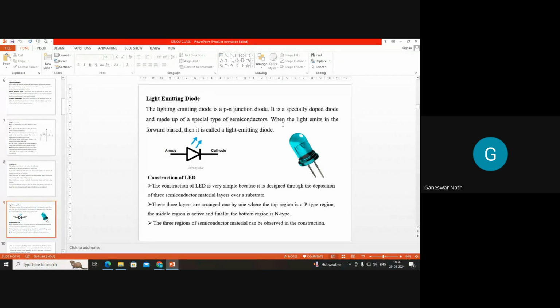Now the question is how these LEDs are constructed. The construction of the LED is very simple because it is designed through the deposition of three semiconductor material layers over a substrate. Over a substrate, we can put n-type or p-type materials, depending upon the color of the light that you want to get. According to that you mix a material in a compact form, and since the different layers have different compositions or concentrations, they emit light at a different rate of